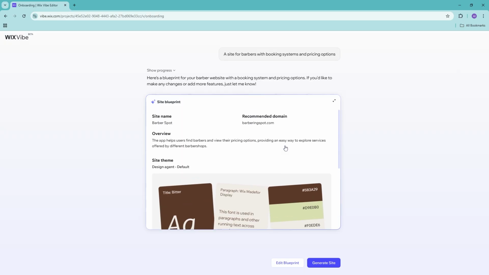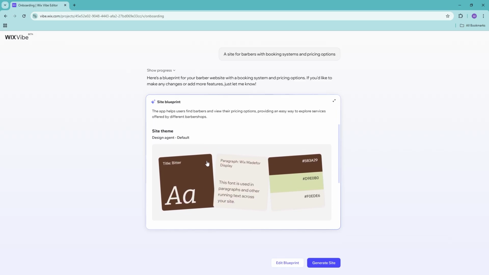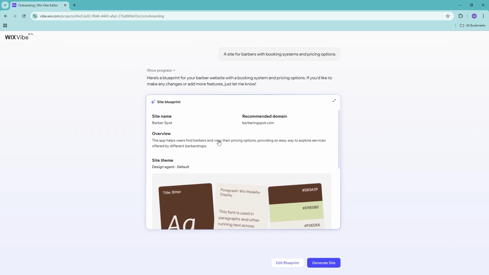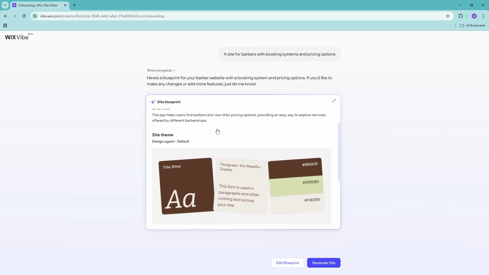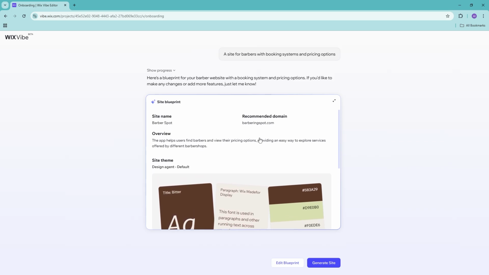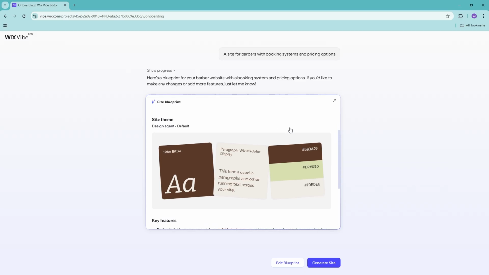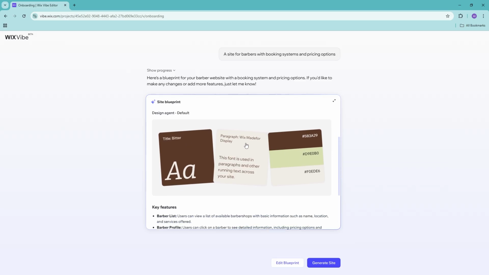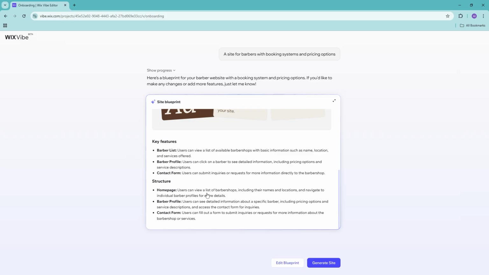And here is the output of the AI itself right now. So it's given me a blueprint for a barber website. And right now, because I didn't give it a barber name, it will create one for you. So it's just called Barber Spot with the recommended domain barberingspot.com. This is an overview of what the site is going to be about. And these are the design details and a few key features and structures, which are homepage, barber profile, and